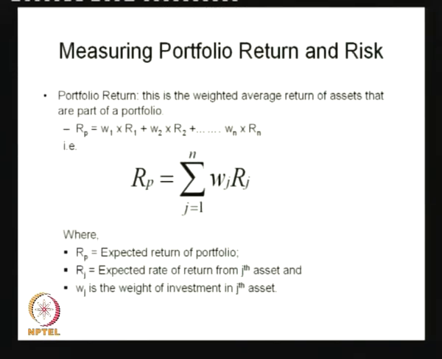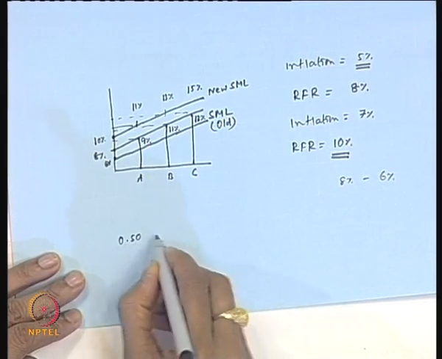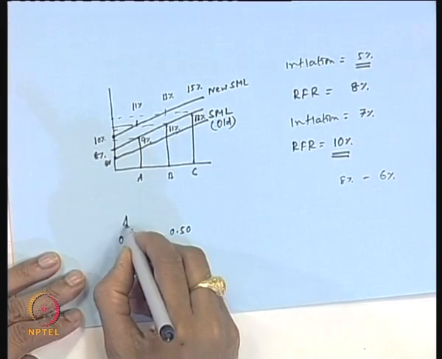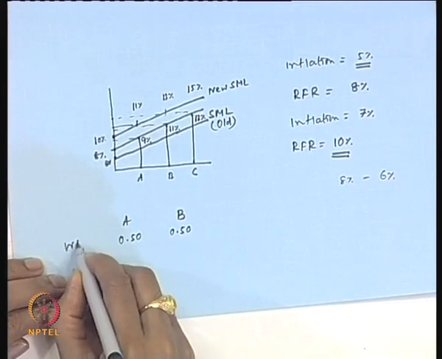Now, we go to the next part of this particular class where we talk about how we measure the portfolio return and portfolio risk. Earlier class we have already discussed the portfolio return, but we can also repeat that now. So, the return on a portfolio depends upon the weights involved in the assets that we have and the individual return. So, if you have got two assets, asset A and asset B, and if we are going to have 14% return from asset A and 16% return on asset B, and if the weight involved is, let us say, 0.50,